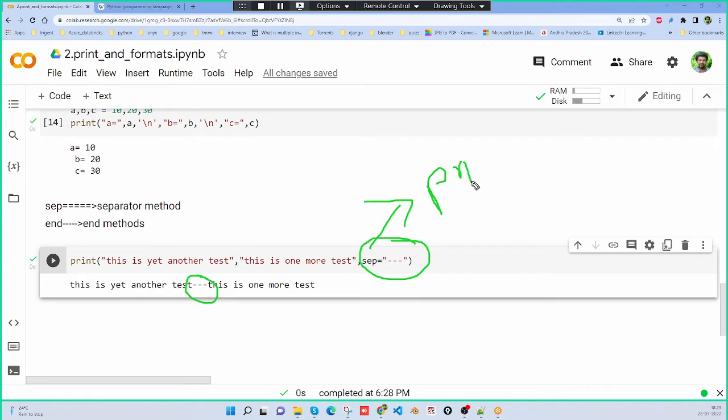It works especially for print. Then you can use any separator. Now we are using hyphens, right? If I want to use a different one,